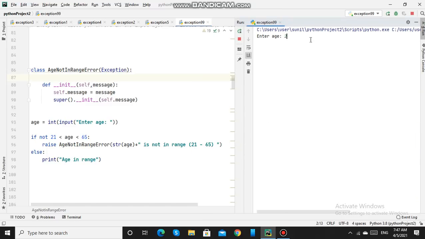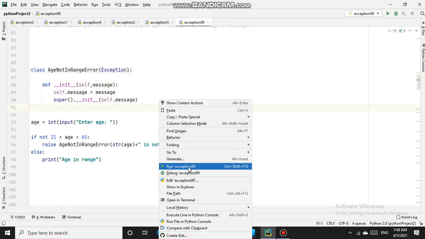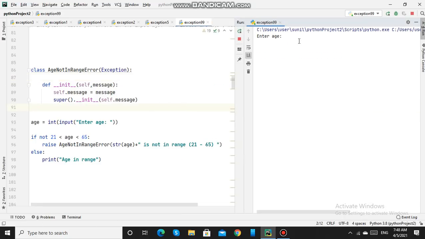So first I will give 25, it will display age in range. Now if I give say 11, it is not between 21 and 65, so it will raise the AgeNotInRangeError custom exception.